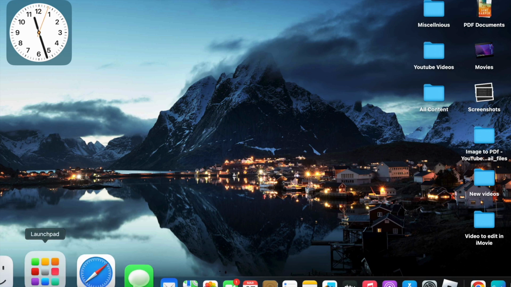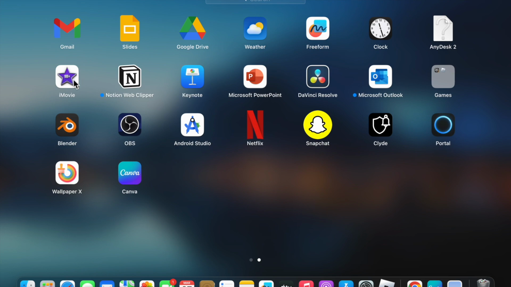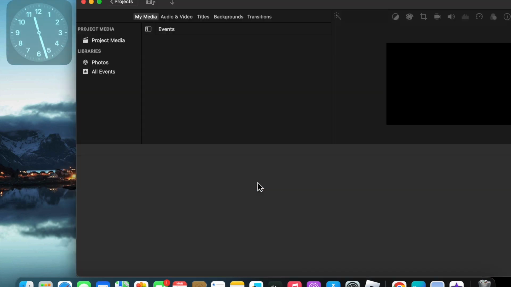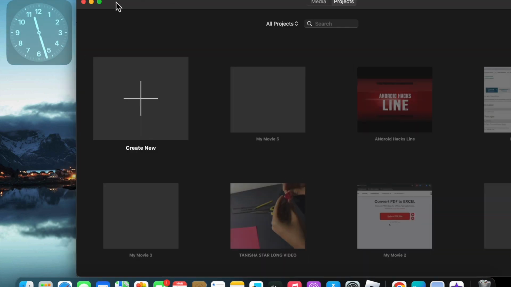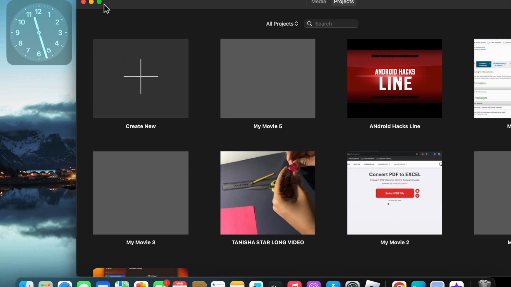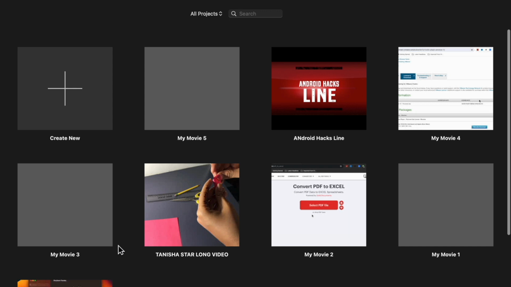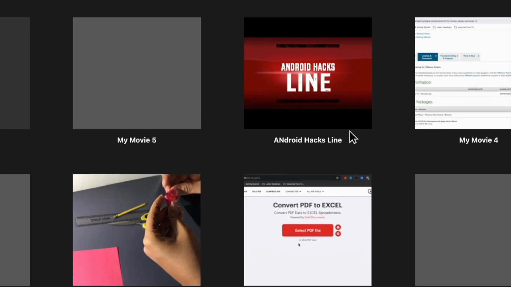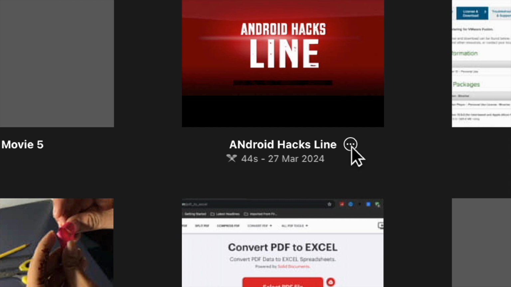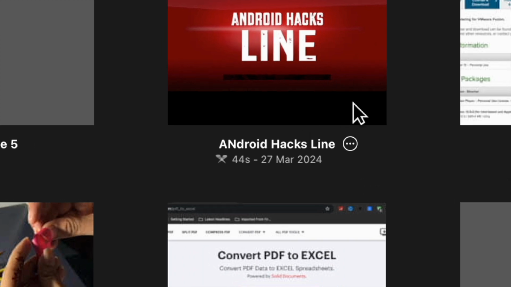So first, what you have to do, just go into Launchpad and launch the iMovie app. Okay, now here you will see all the created projects. Okay, so I have created all these projects. Now if I want to delete one of them, so here you will see, if I want to delete this one, okay, this project, so what I have to do, here you will see when you hover your mouse cursor